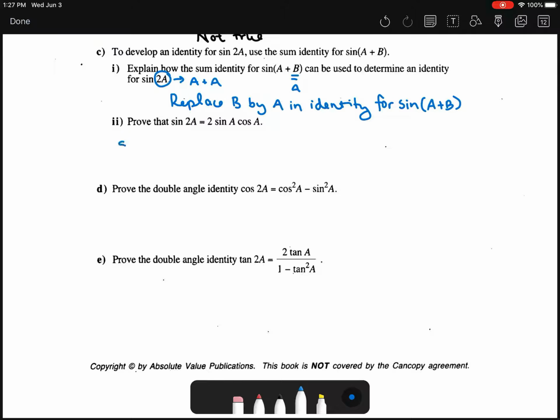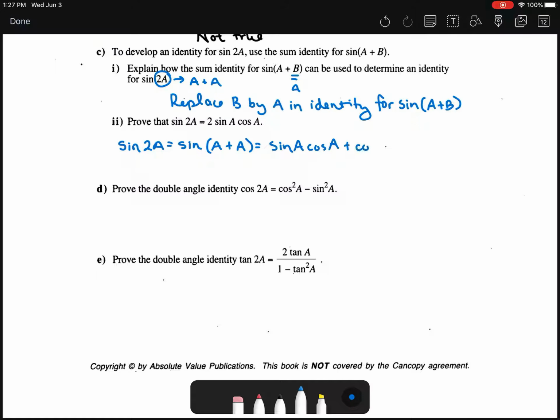Okay, so that's what I'm going to do. So the sine of 2a then, like this, sine of 2a is equivalent to the sine of a plus a, right? Because a plus a is 2a. But now I have something that looks very similar to sine of a plus b, but both my angles are going to be a. So it comes out to be sine a